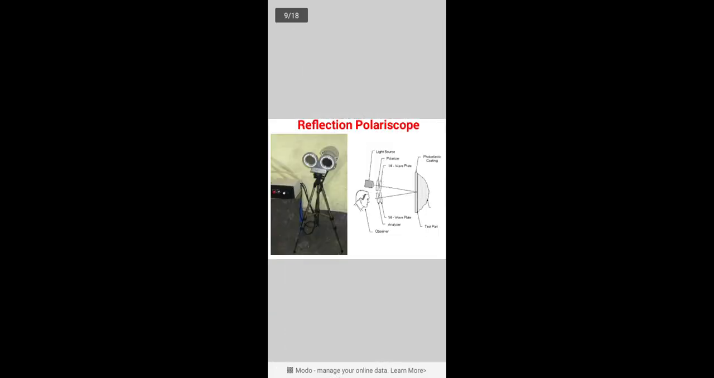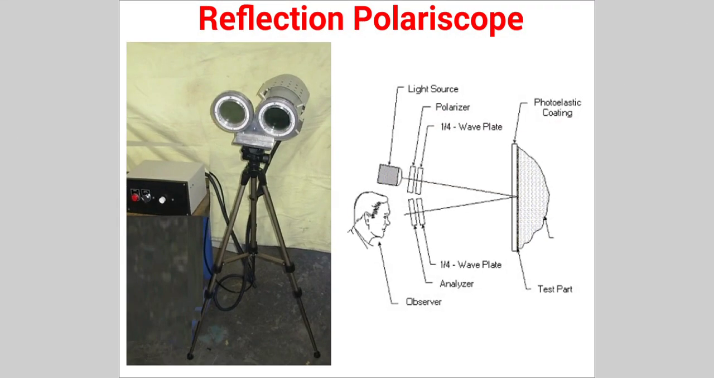This is the instrument which is used in the coating method, that is the reflection polariscope. In the second figure we can observe that the light comes out from the light source, passes through the polarizer and the quarter wave plate 1, then strikes the test specimen, and from that test specimen the light is reflected towards the observer, and that observer has to